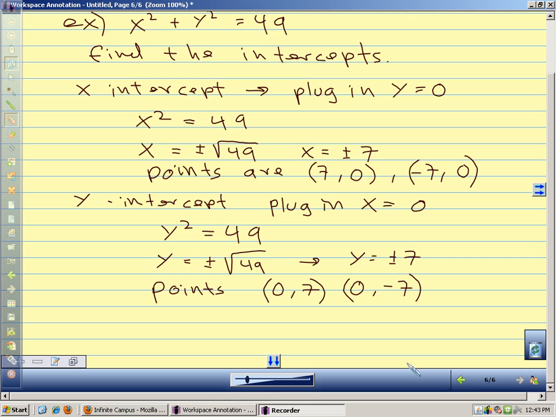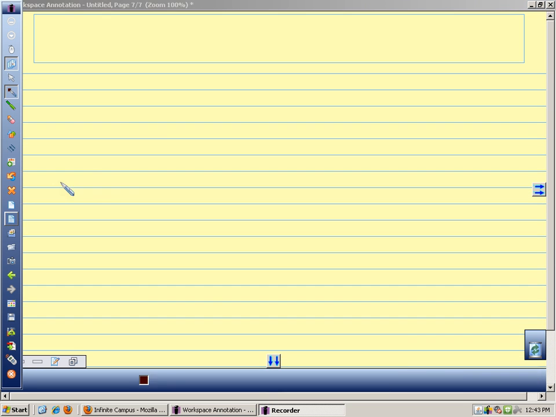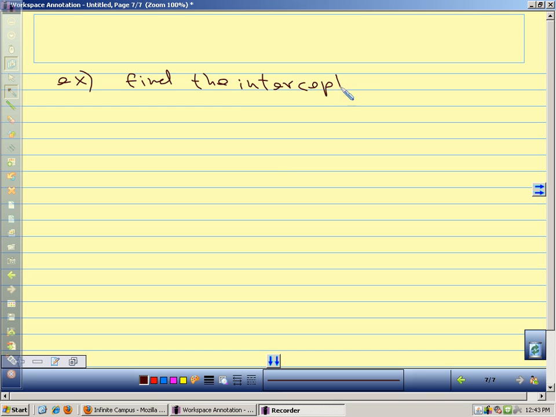All right, let's look at one more example that's a little more complicated. We want to find the intercepts of (x plus 1) squared plus (y minus 1) squared equals 17. I'm going to say 16 just to make it easier. 16. So the x-intercept,